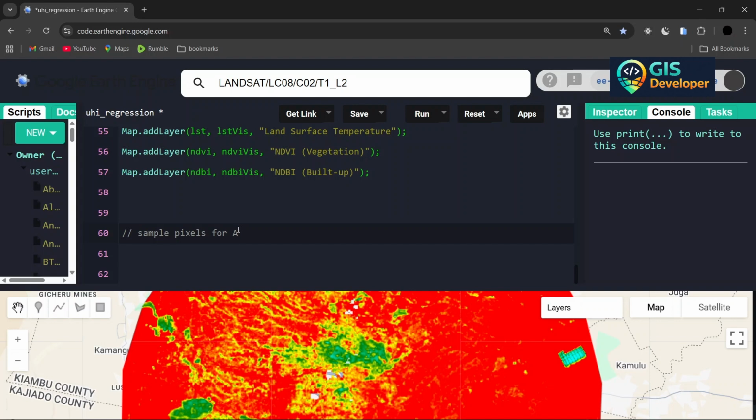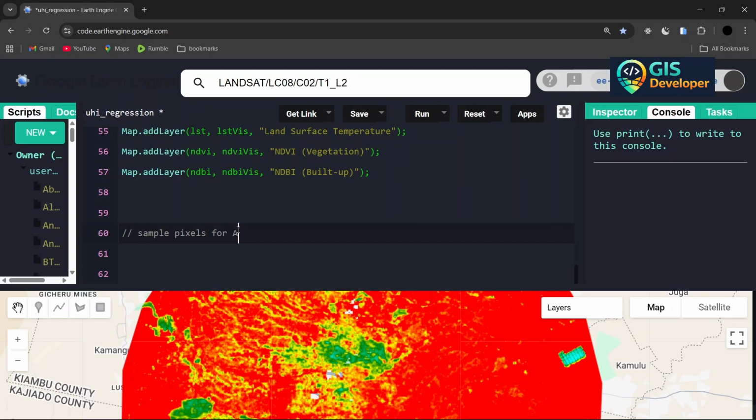So if you have, let's say, built up, water, vegetation, grassland, and all those classes that you've created, you go to the tools, and then you start selecting the points from the Landsat image or whatever image you are using. So you get those points, and then you run them through a model, whether it is a regression model or random forest, and so on,